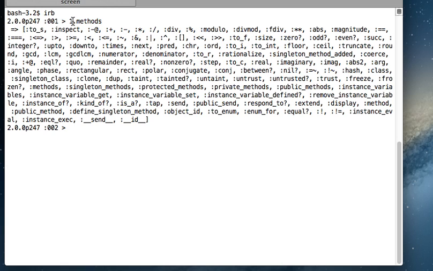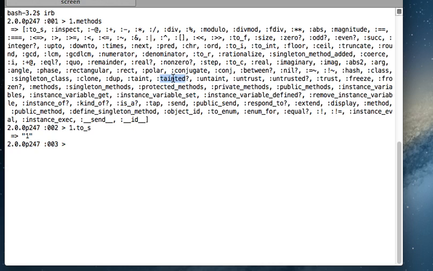So here, one. What are all the methods that I can call on one? To get that list, I just called one dot methods, and this is the array that you got. This is an array of all the methods that we can call on this. So I'm going to test it. So this is the first method that I got. Okay, so this is the way. Now I have got the list of all the methods,